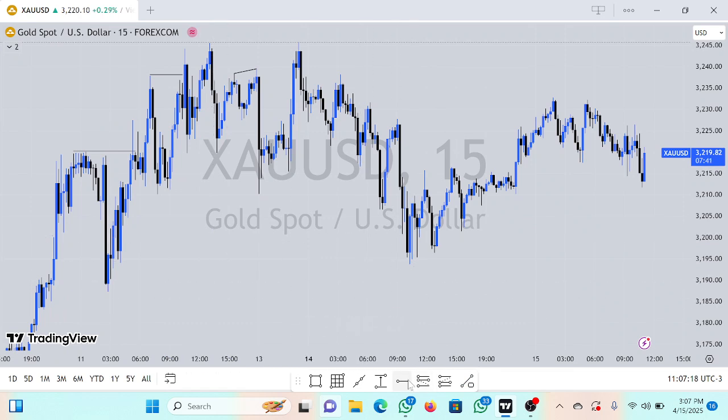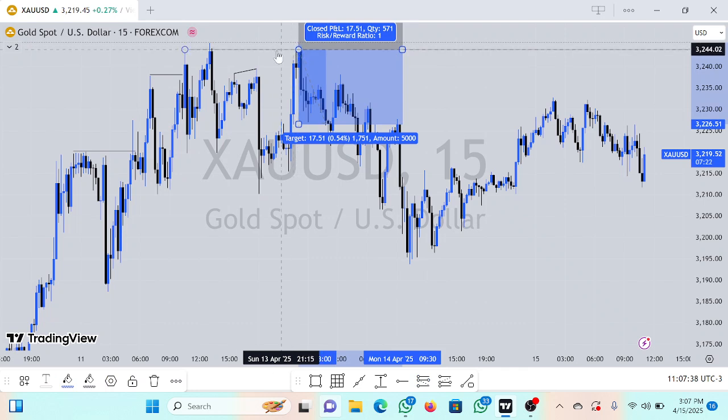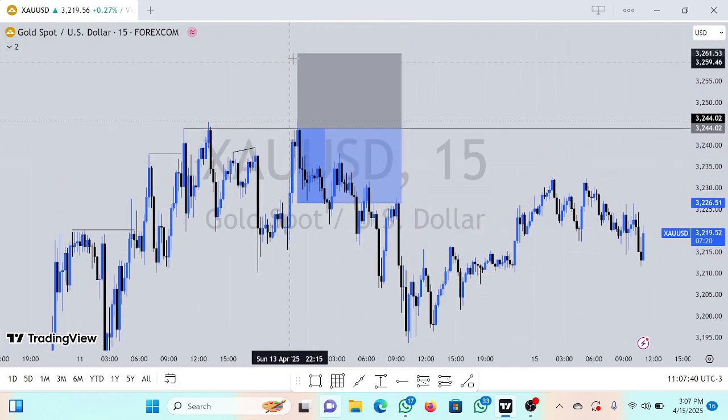At this point, this is called the QMR, which is a strong reversal pattern. You guys can go and check it out on your browser. So this is a QMR, a strong reversal pattern. At this point, you take your sell. I took my sell here, but